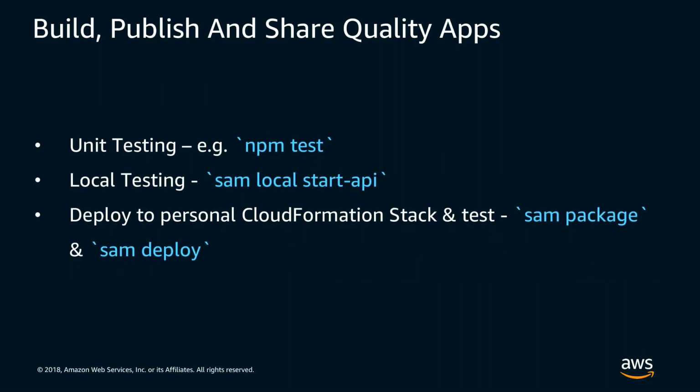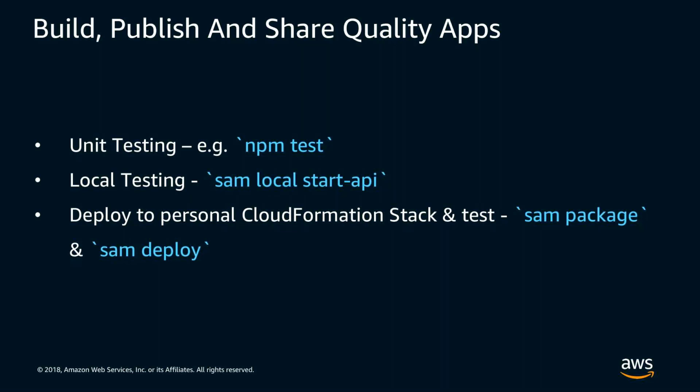One of the first things we're going to say about building new applications is, yes, we would like you to do testing. We would like you to look at your own CI/CD pipelines. This is going to start with things like unit testing, so npm test and things like that. Depending on whatever your flow in your application is, these are the kinds of tools you're going to be using. We also want you to look at local testing. So we have the SAM local tool, which allows you to test your serverless applications locally,